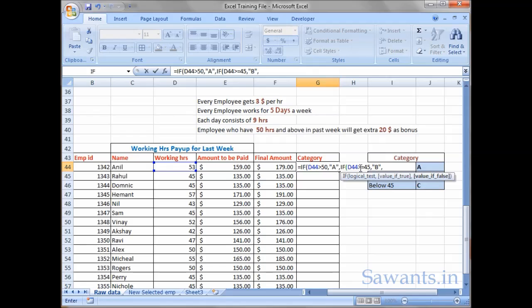So I can directly type here C. I don't have to give any logical test now because it is the last category, and close the brackets and